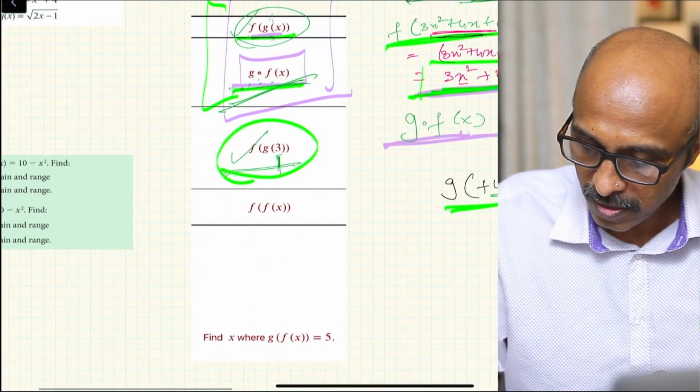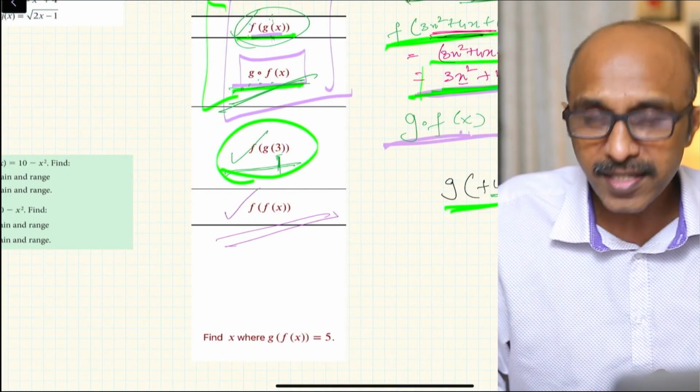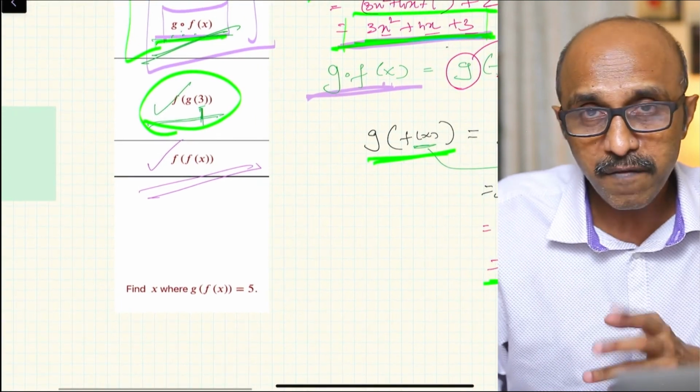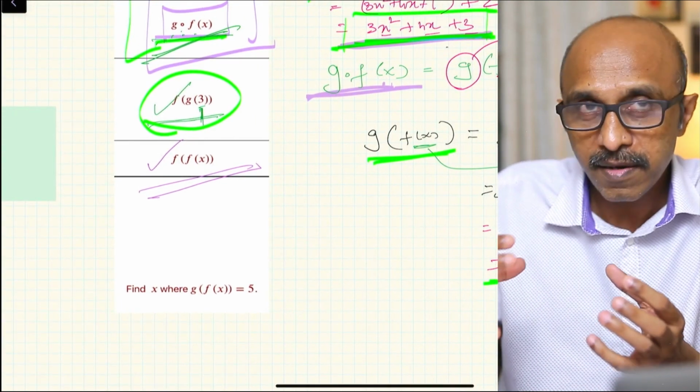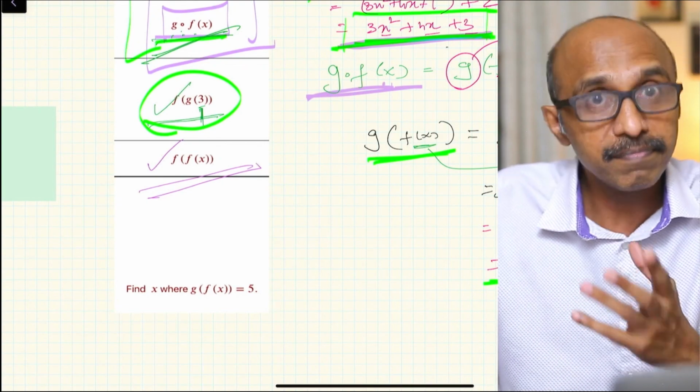Fourth question, f of f of x. That's kind of weird. Normally we say 2 different functions that you're trying to compose. This is f of f of x. Well,